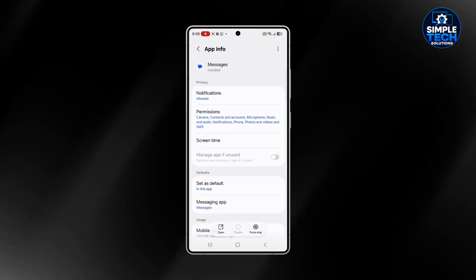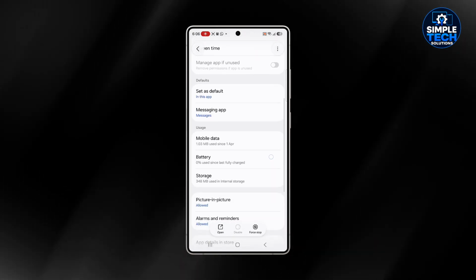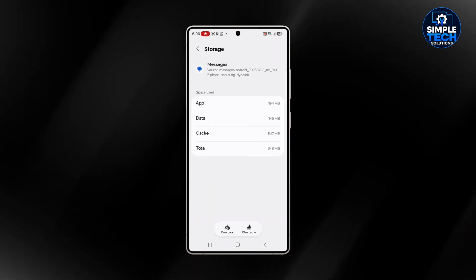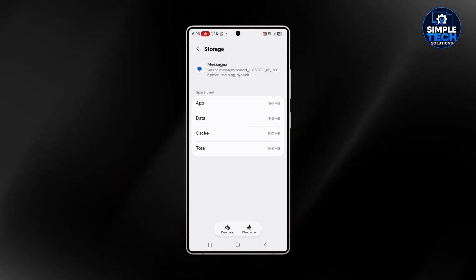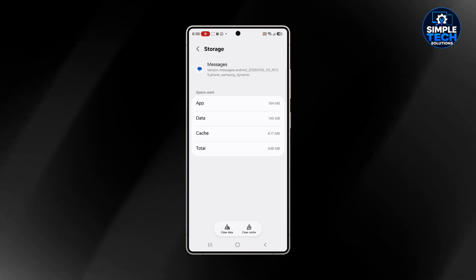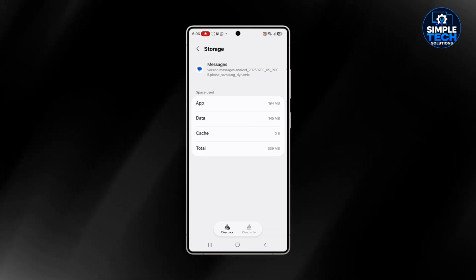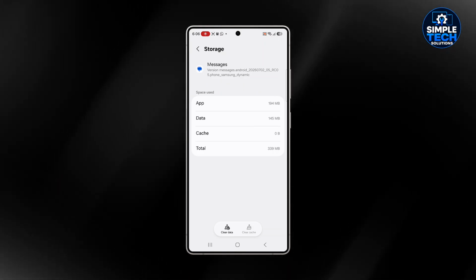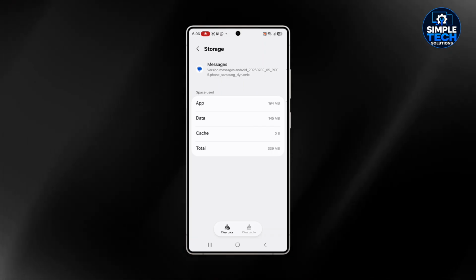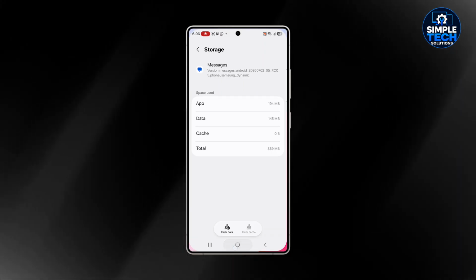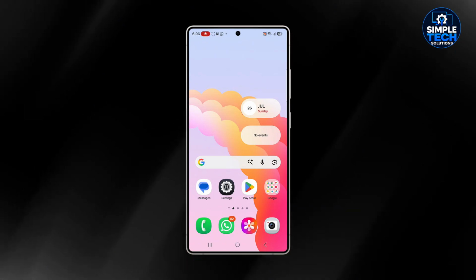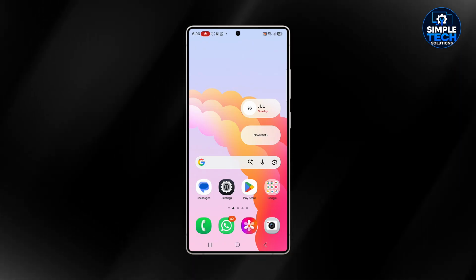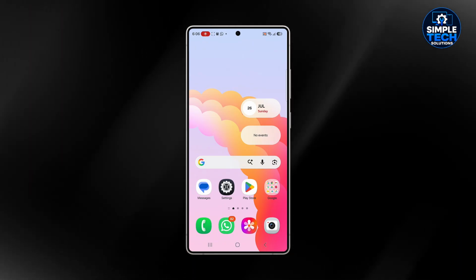Open messages, go to storage, and go to here. You can clear the cache here. Once the cache is cleared, if you're still not getting your OTP, the next thing you want to do is wait for like 5 to 10 minutes.